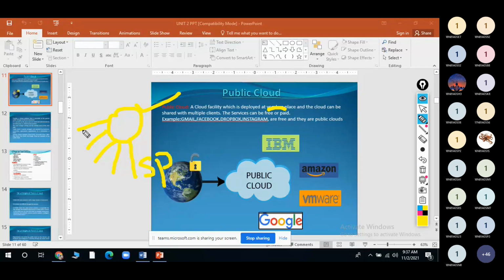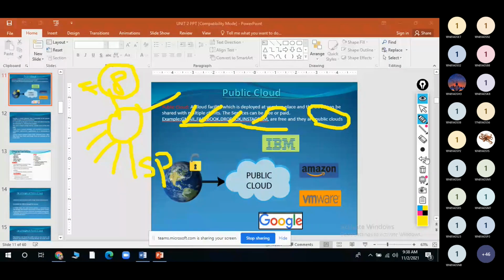Whatever these services are, either free of cost or paid services will be there. Examples of public cloud are Gmail, Facebook, Dropbox, Instagram. These are all free services. In a public cloud, anyone can see the services.